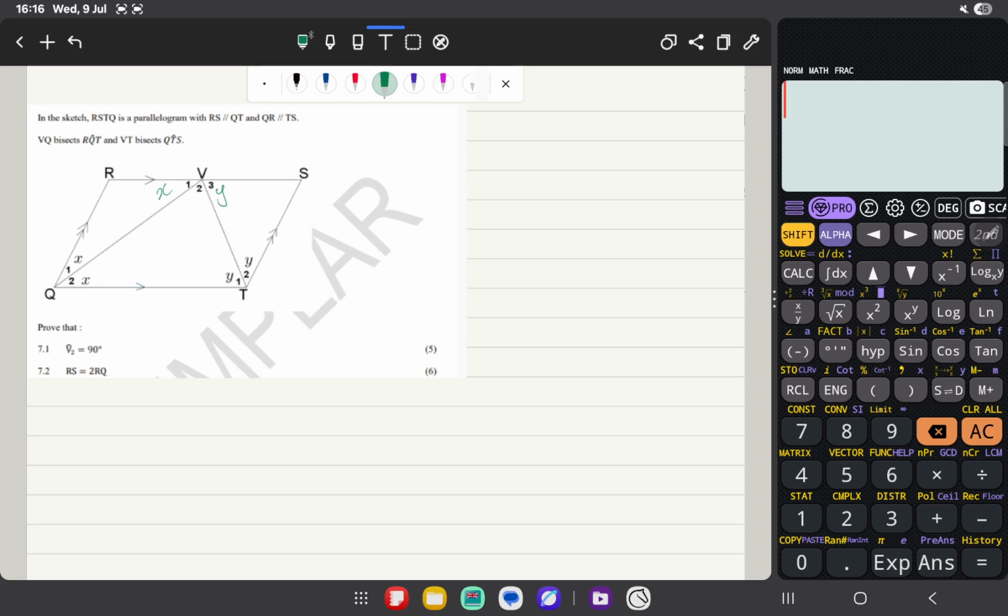They say show that RS, this whole line, is equal to 2RQ. Cool. So Q1 equals V1 equals x. That was proven, therefore